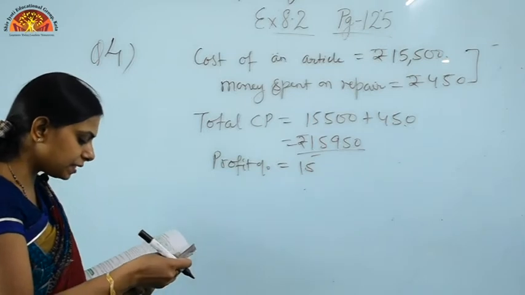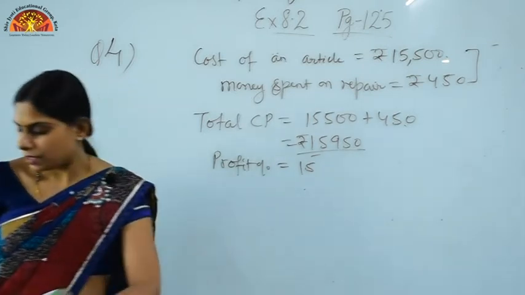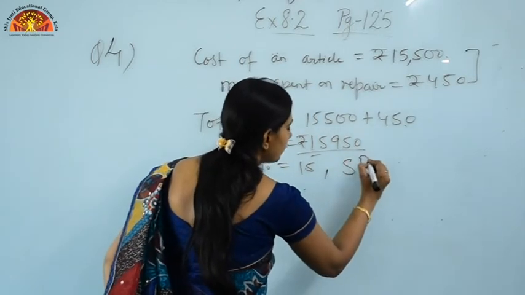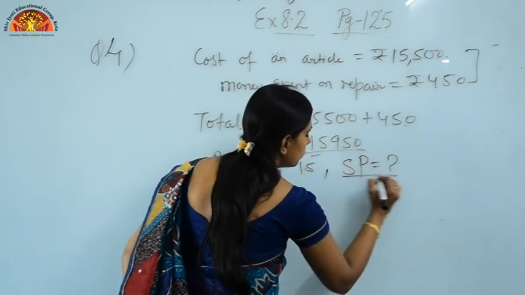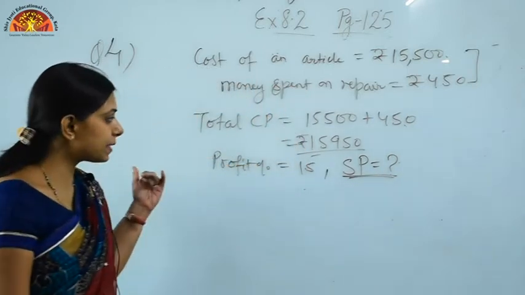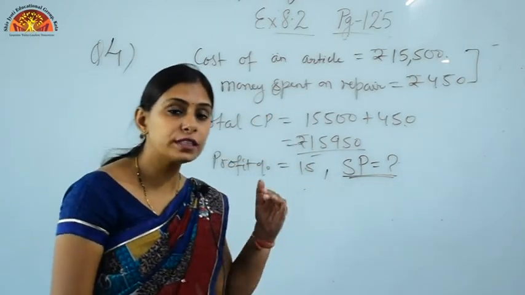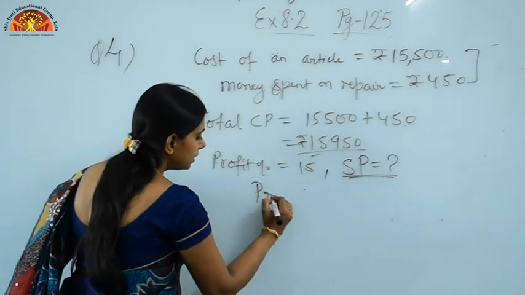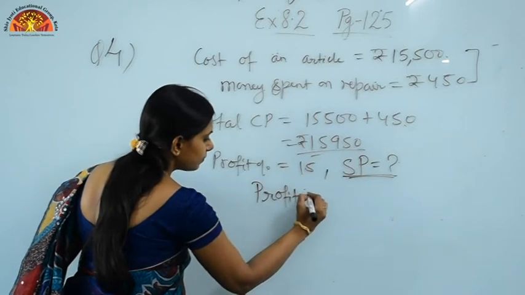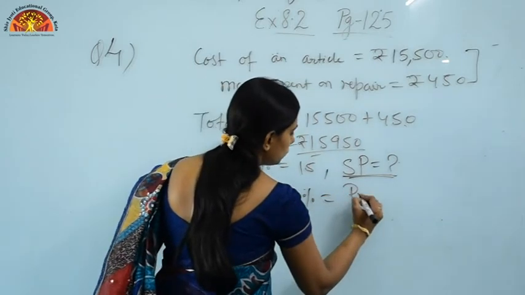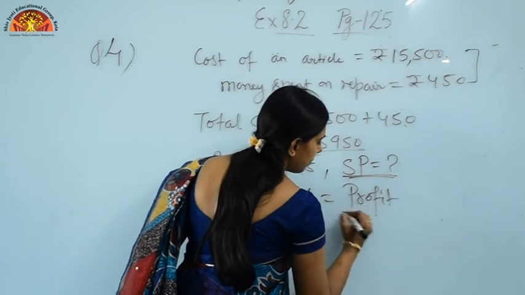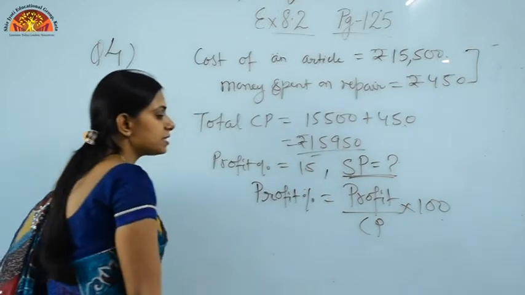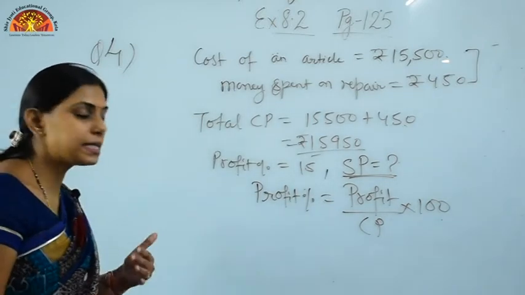Okay, it has been given that 15% is the profit. Now you have to just find it out. आपको क्या find out करना है, you have to find out the selling price. Okay, you have to find out the selling price. Now as you know children, I have already told you the formula for profit percent. तो profit percent का formula क्या होता है, that is profit percent is equal to profit upon CP into 100. That is profit percent is equals to profit upon CP into 100.